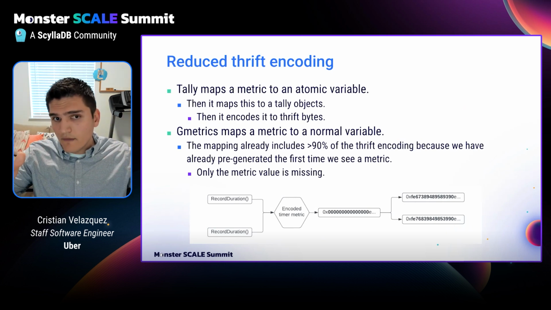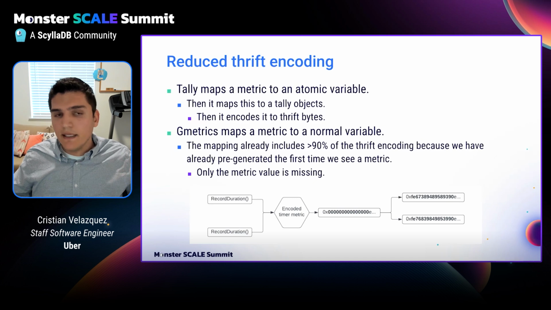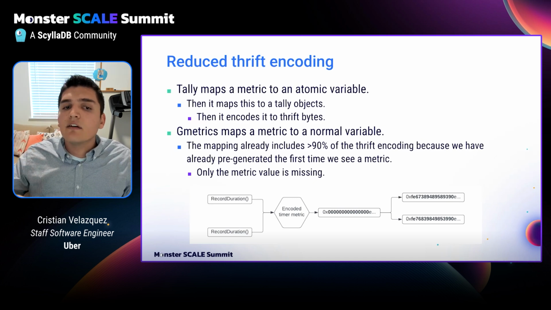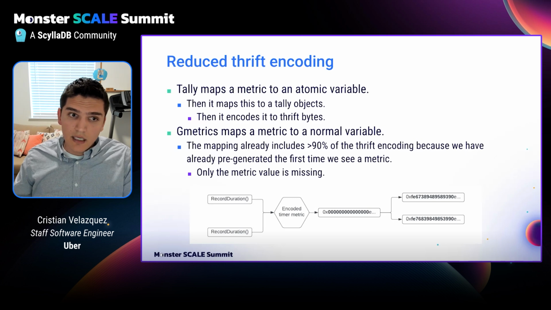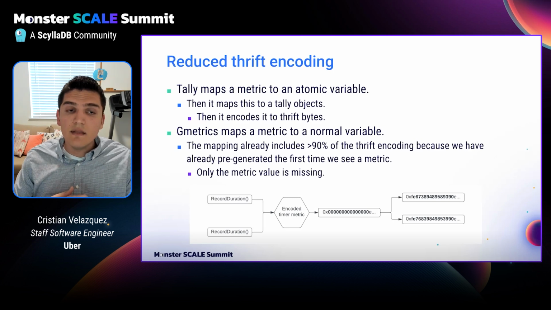The key is going to be that canonical form that I was describing, but then the value is going to be some atomic variable that we need to update. In the case of a counter, you just keep incrementing that atomic variable. So when you need to emit to the M3 collector, what we do is, okay, we need to convert this